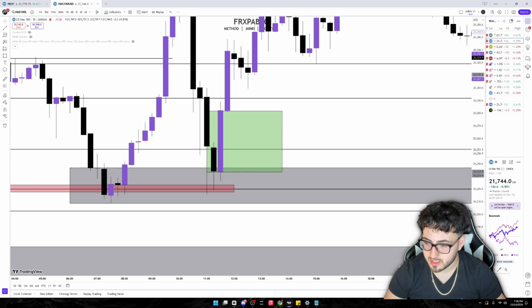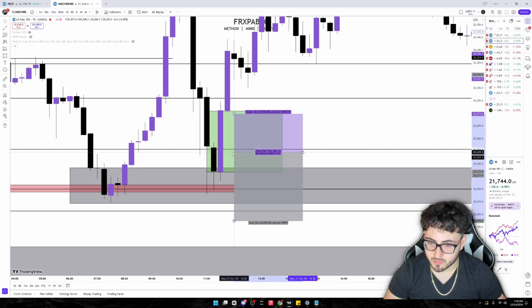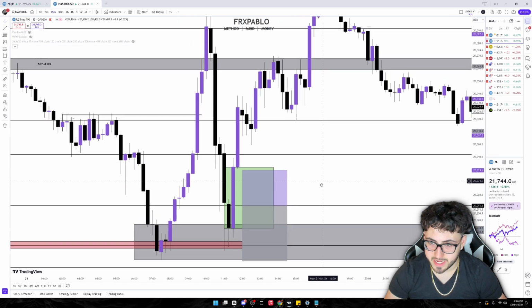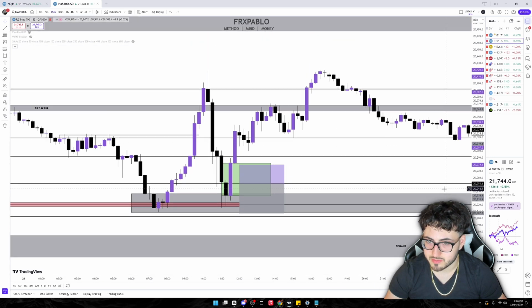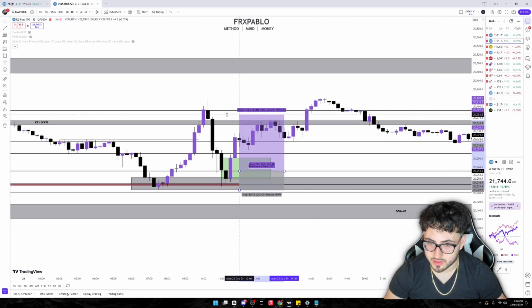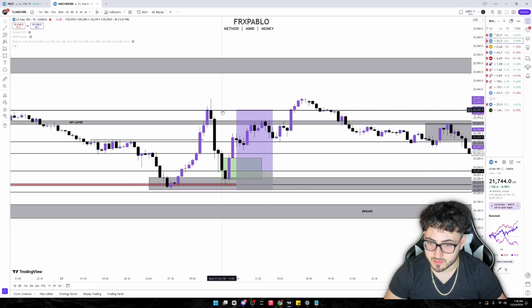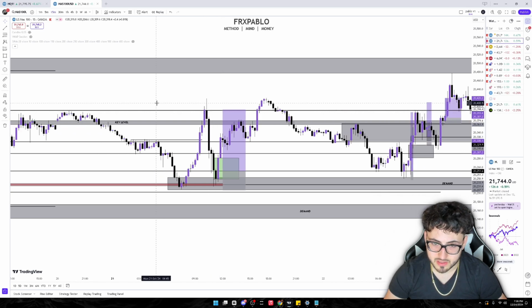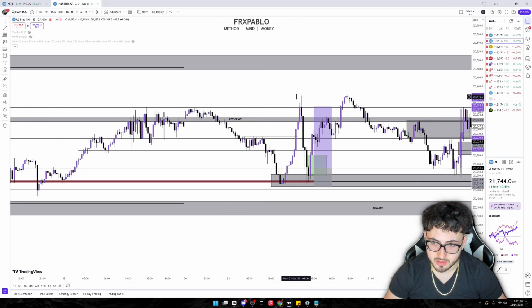So realistically, I probably would have been in this position somewhere around here in the middle, right? My stop loss would have been a hair below this level of demand. And my take profit is going to be where? This level of structure right up here. This is my ultimate take profit, my peak take profit, but this is a very realistic one, especially with the type of market structure that we were looking at here, right?